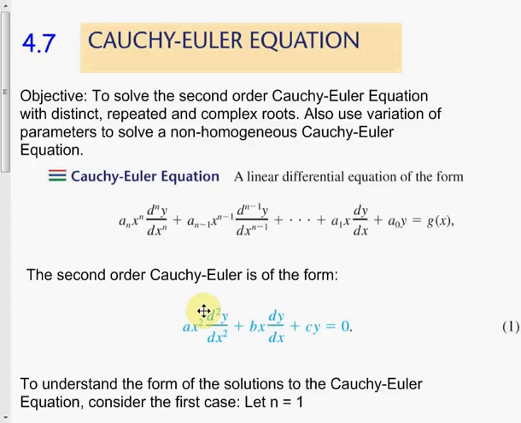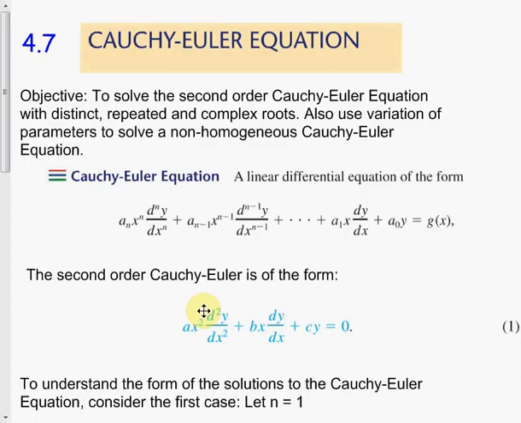So how do we solve this guy? Well, here's what we do. The objective today is to solve the second order Cauchy Euler differential equation. There was another name associated with this differential equation, somewhat of a quasi-order dimensional differential equation. Augustin Cauchy and Leonardo Euler,